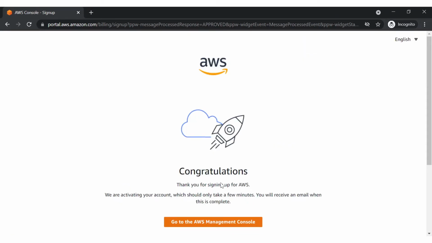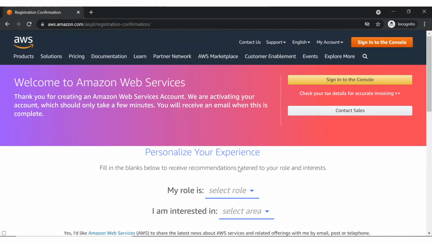So congratulations, thank you for signing up for AWS. We are activating your account. It will take a few minutes. You will receive an email when this is complete. So you'll get a message that your account has been activated in the AWS cloud platform.